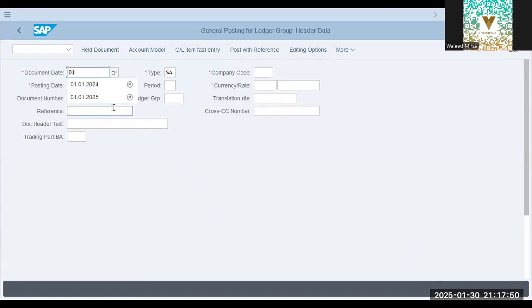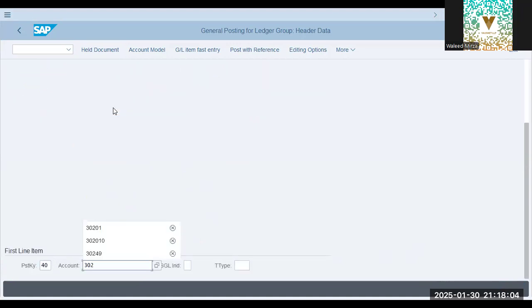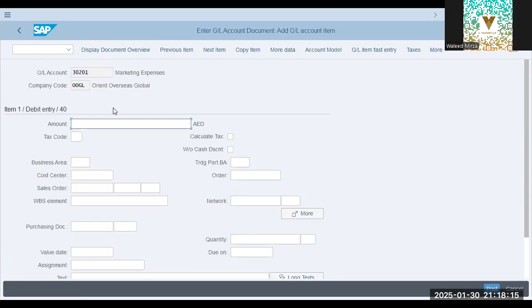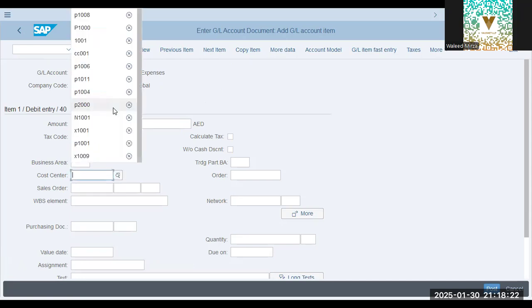So what we're going to do here is WGL, 01 2024, currency rate AED, 30201, period. Okay, is not open. Okay, 5. All right. 22,000, and our cost center was